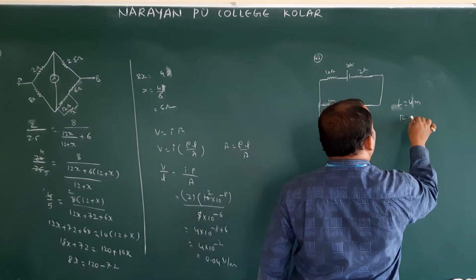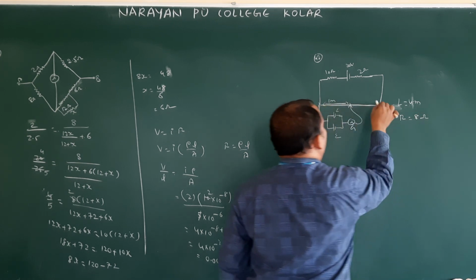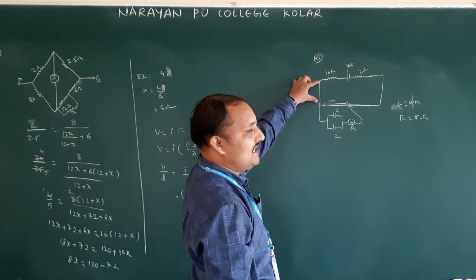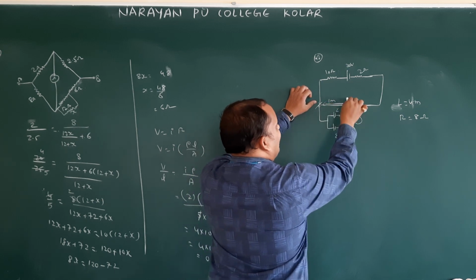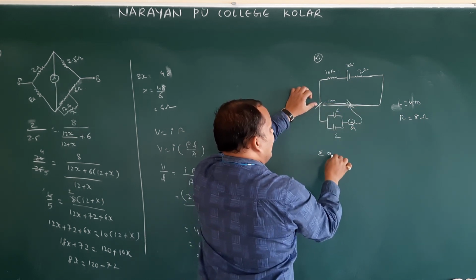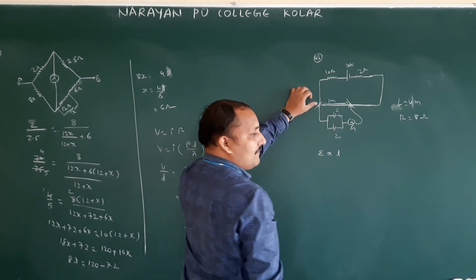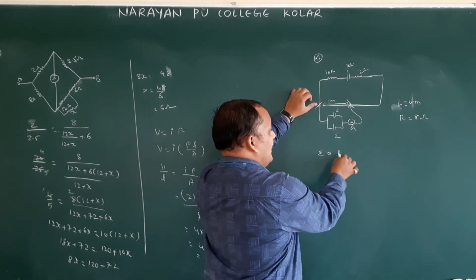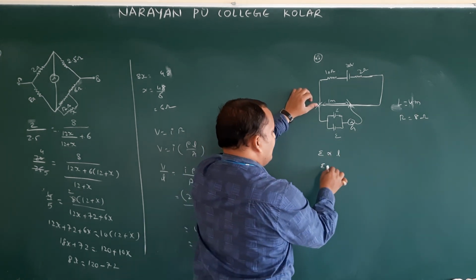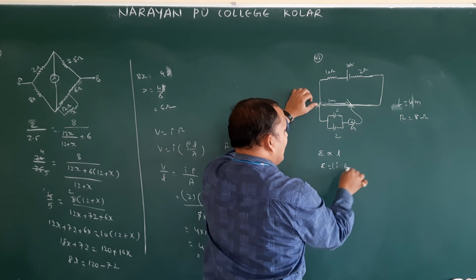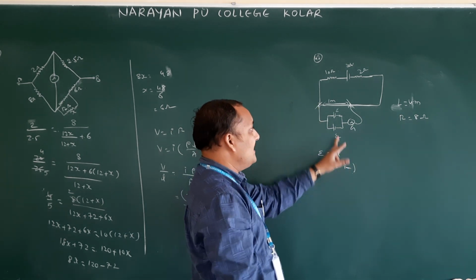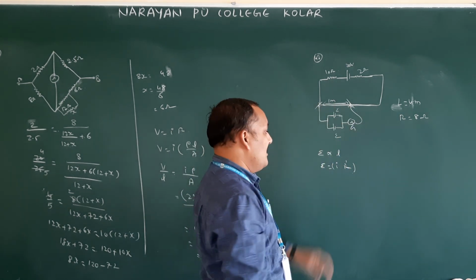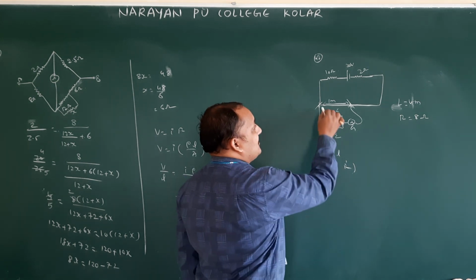4 meters length, resistance of this total wire is 8 ohms. This is the primary circuit. So what is the potential difference across this one? E is directly proportional to L, isn't it? So here V is equal to IR, we will write E is equal to IR dash. Here R dash means the resistance of this smaller part. How much current is passing through this wire?